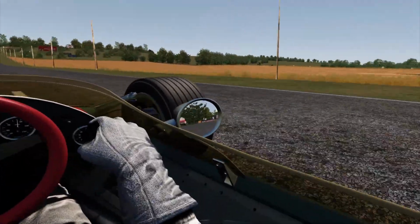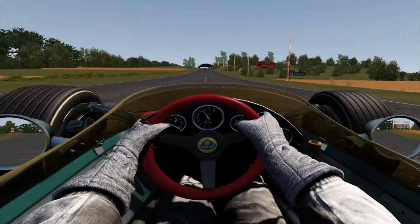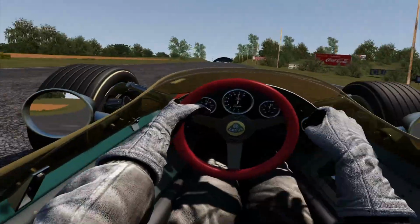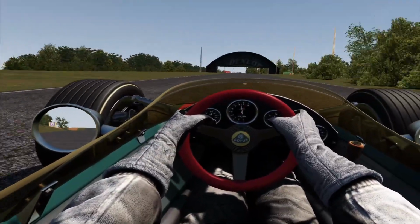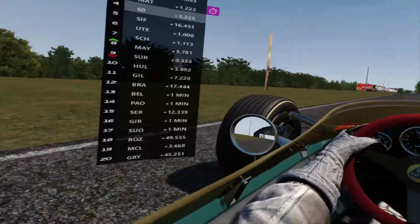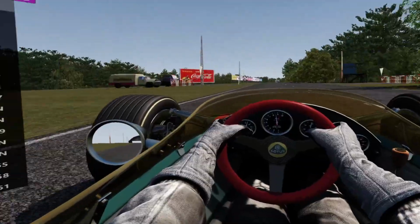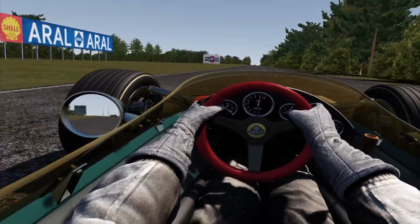So yeah, if you look to my right, there's the track where we just came down, and I can't see any cars. Oh, there's a couple. But yeah, I should really concentrate on what I'm doing rather than what they're doing. But it's just interesting. So I'm actually 16.5 seconds ahead of Joe Sideburns behind me in the blue Lotus 49,